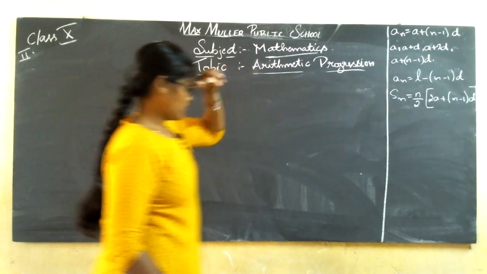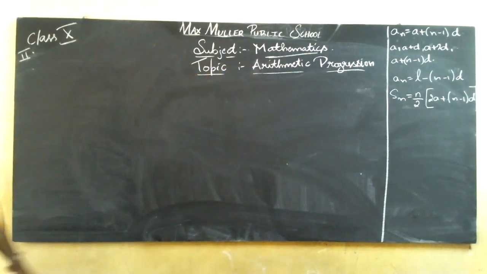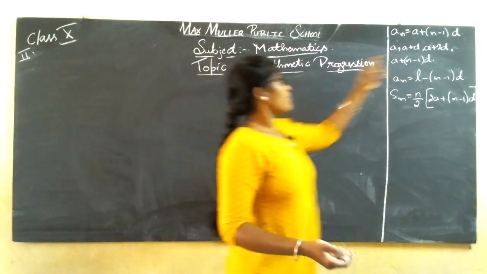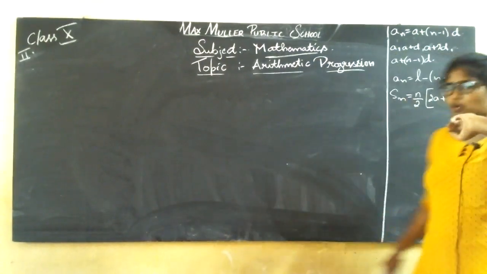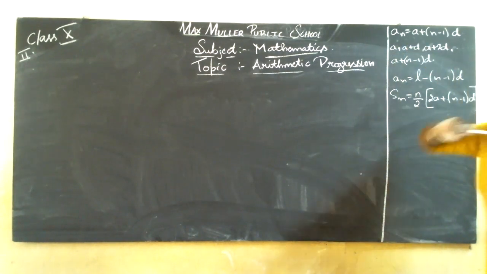We were talking about the sum topic, right? In the previous class, we had talked about the sum topic. In today's class also, we are going to continue with the same topic. Before that, let me revise what you had learned in the previous class and then go back to the class. Yes, what is the general form of an arithmetic progression?